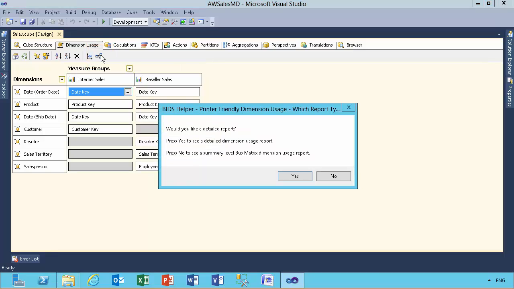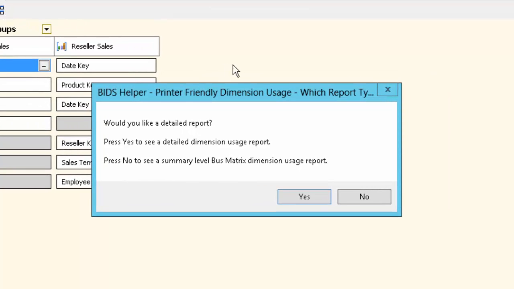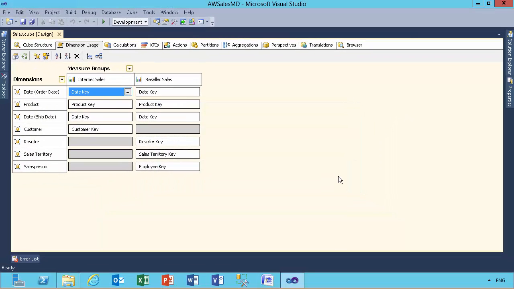When I click the icon, I get a dialog that asks me what type of report I want. Do I want a detailed report or a summary report? Yes if I want a detailed report, no if I want a summary. In this case I'll click no, and have it generate a summary report,